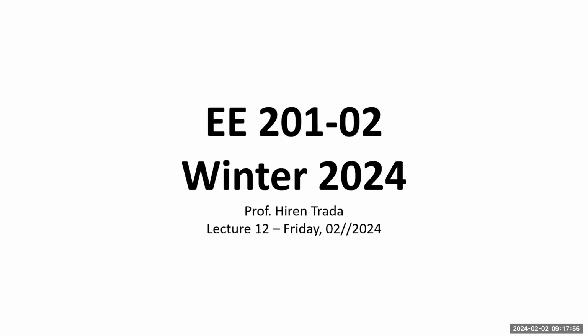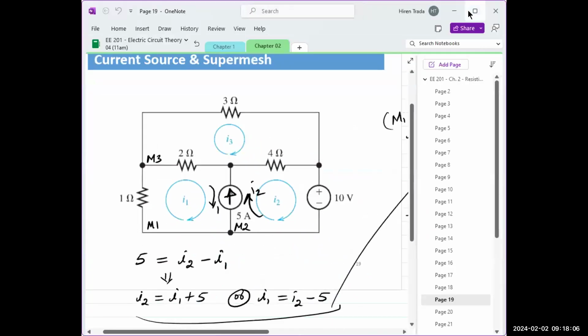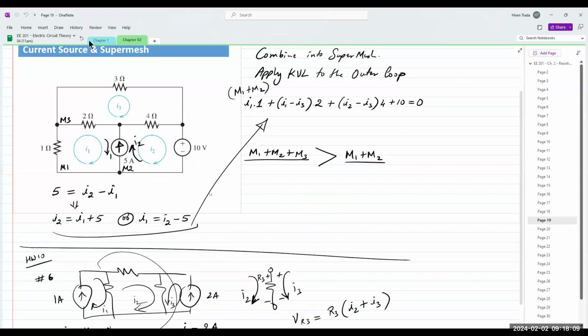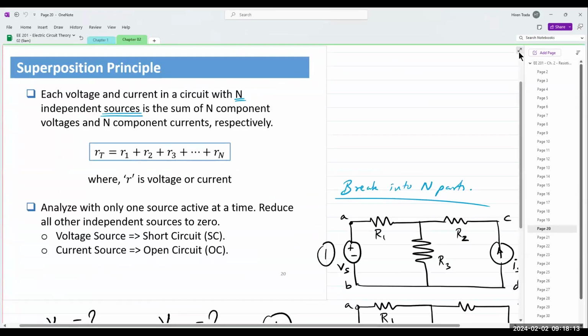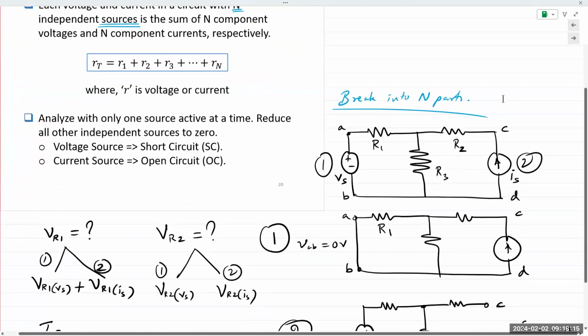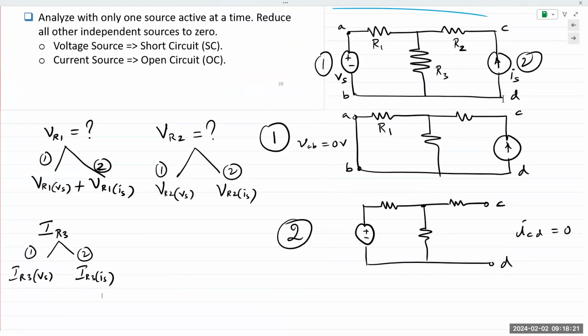So let's get into our topic of superposition right away. Section 2, superposition. Okay, so I introduced the topic of superposition, and I stated that we could take a large complex circuit and apply